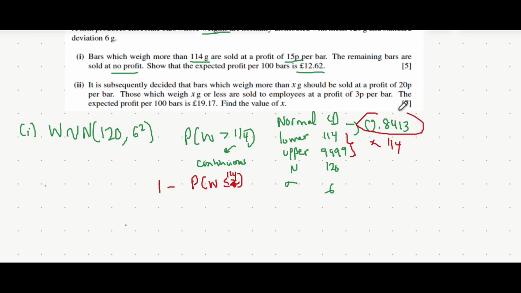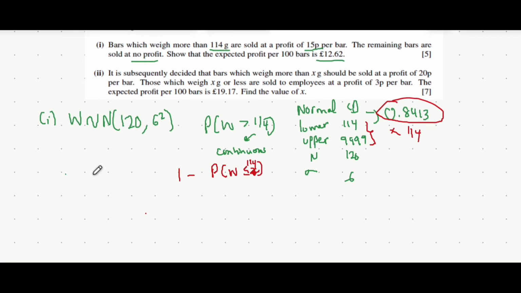Great. Now that we've got the probability of each bar being bigger than 114 grams, what's the profit of that one bar? Well, you can multiply the probability of 0.8413 by the individual profit, 15p, and that gets you 12.6195p. Now that we've got the profit from each individual bar, it's asking you to find the expected profit from 100 bars. So what we expect from 100 bars is 100 multiplied by what we expect from each individual bar, which is